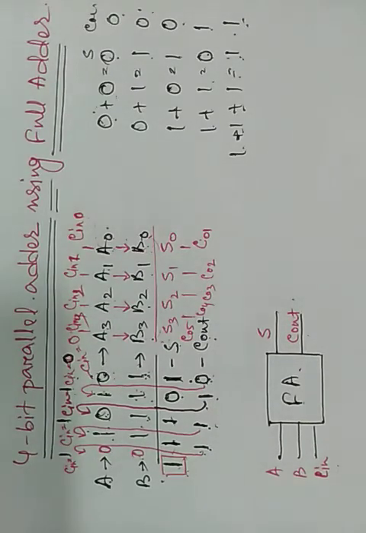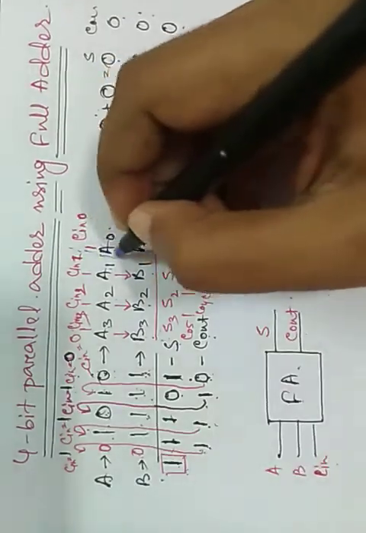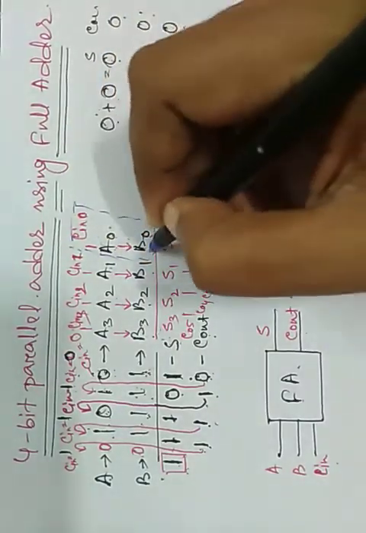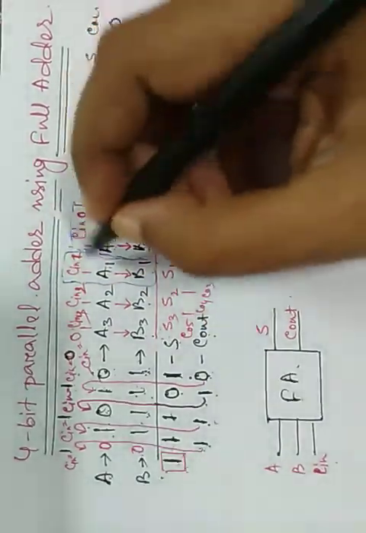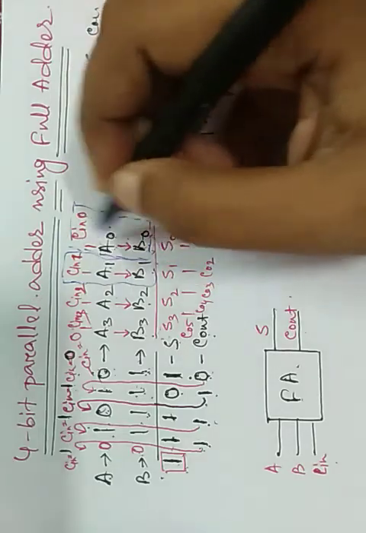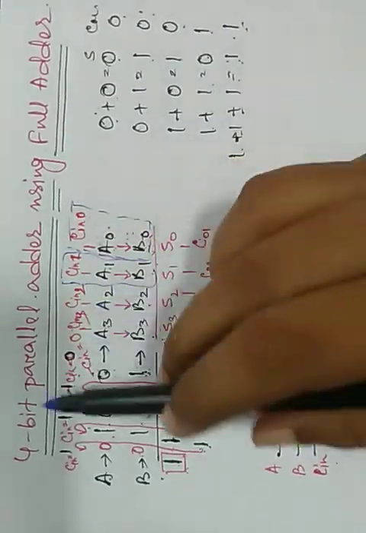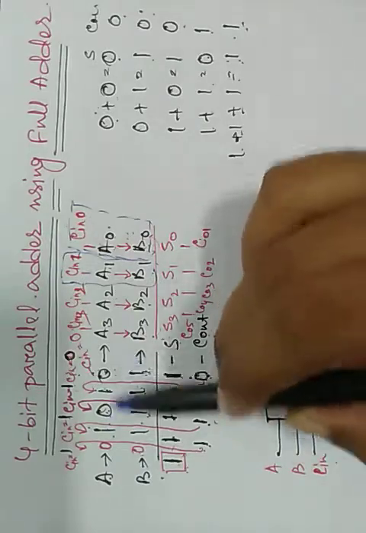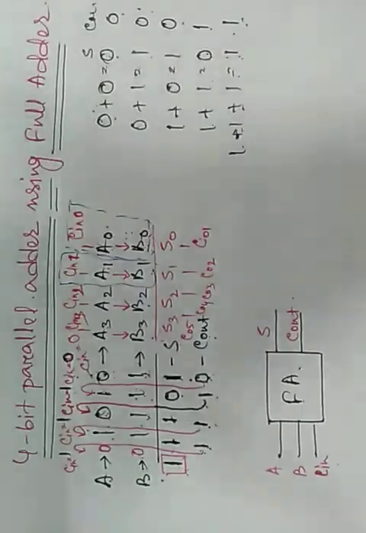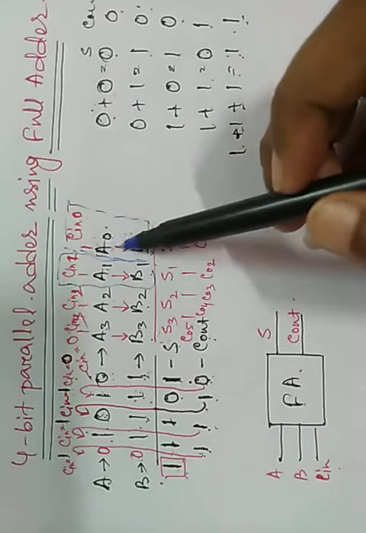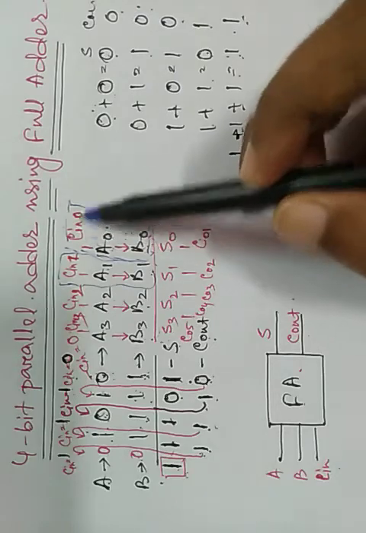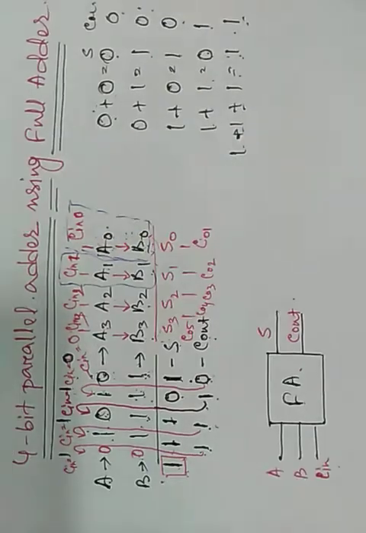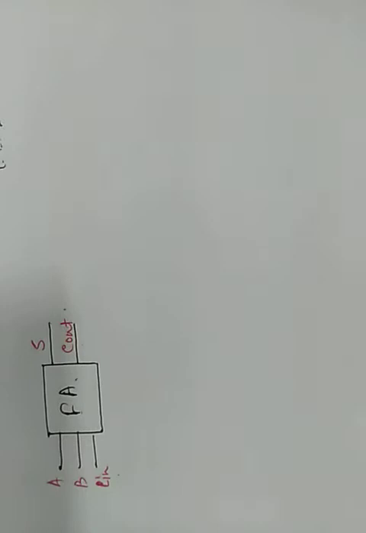That means for addition of this one we need one full adder. For addition of this one we need another full adder. For every 3 bit addition we need one full adder. So as this is a 4 bit adder, we have to add 4 bit numbers, so we need 4 full adders. One full adder can perform addition of only these 3 bits, C in 0, A0, B0. Now let us draw the circuit. Okay, so we need 4 full adders.